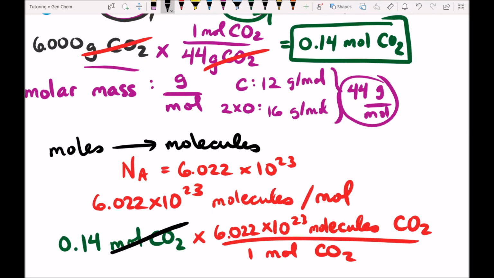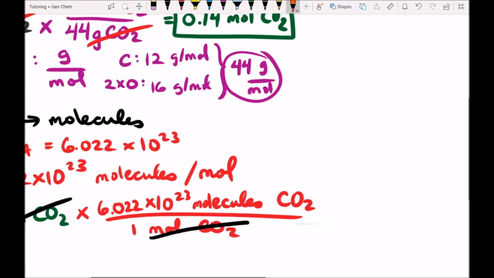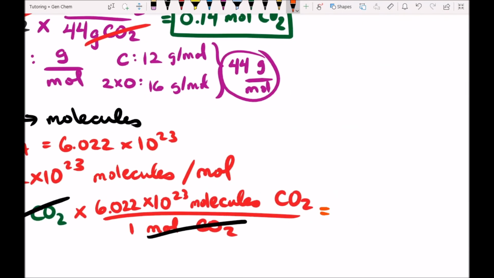And look, moles of CO2 cancels out. And if we do 0.14 times Avogadro's number, that gives us 0.84 times 10 to the 23rd